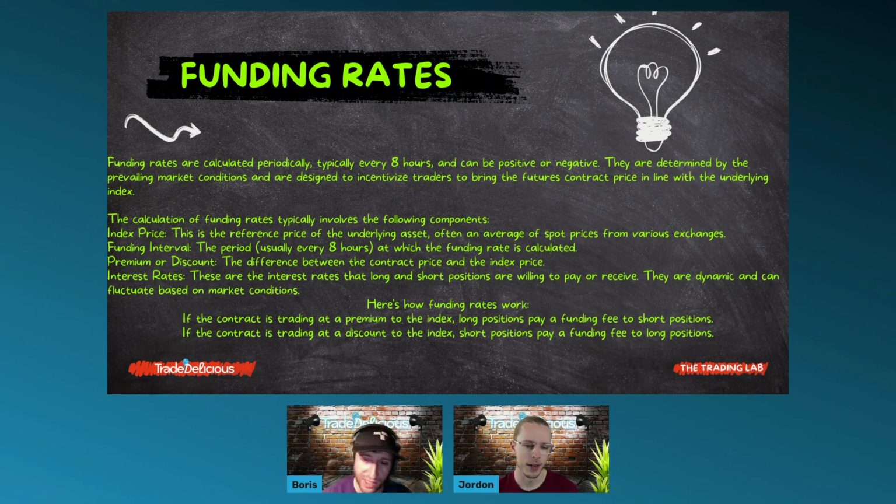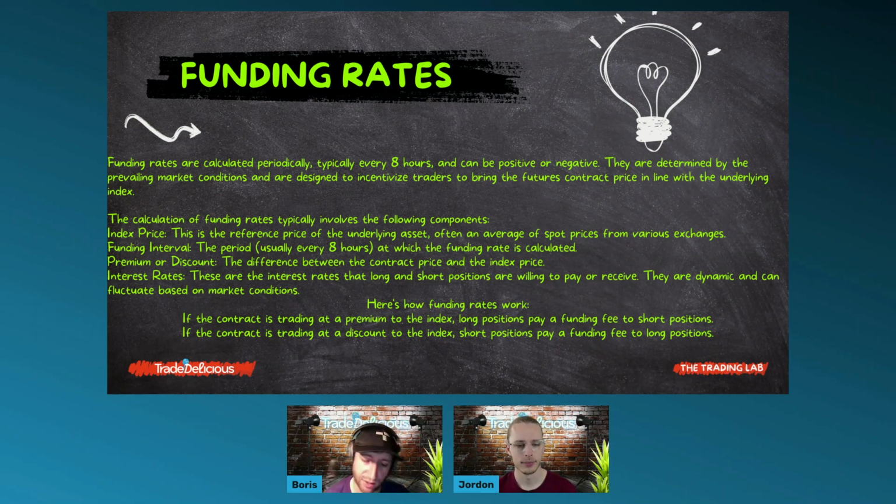Now, it's very similar in FX. We call them swaps, charged every 24 hours, and depending on the broker, they could be 3 days. Same idea: the differential between the two currencies' interest rates. So if you've got the US dollar, you've got their interest rate, and then you've got the Aussie dollar, you've got their interest rate. Whoever has the higher interest rate, if you're holding that position long, you get paid. If you're holding it short, you're not going to get paid. You're going to pay. It's the same thing in FX. If you've ever wondered why you've gained 80 cents or $4 on a position, or lost that much through swaps, that's what it is, and this works in crypto as well.